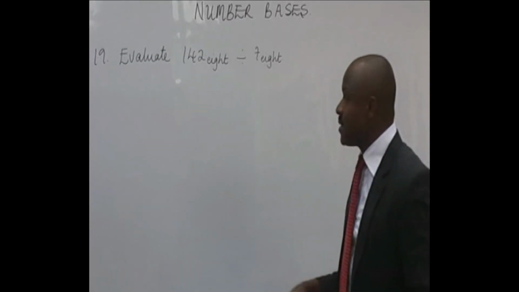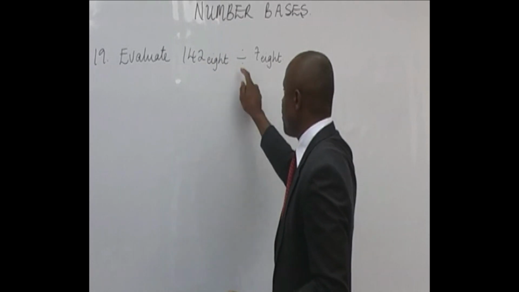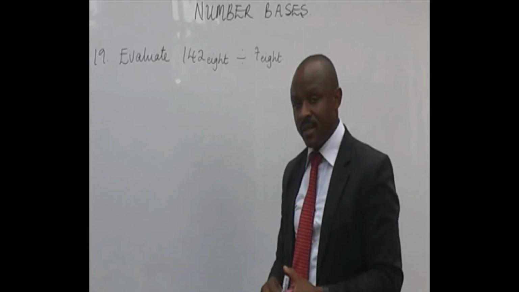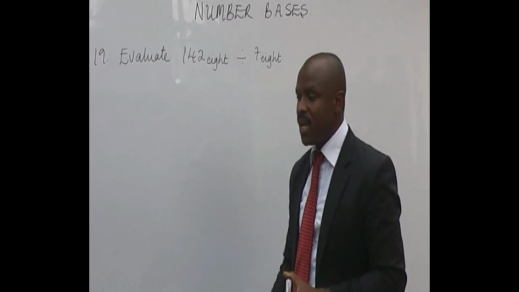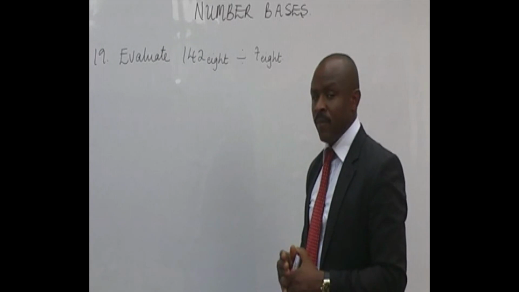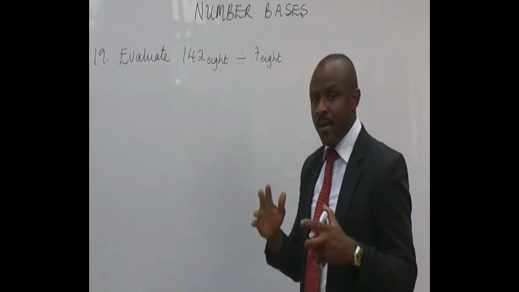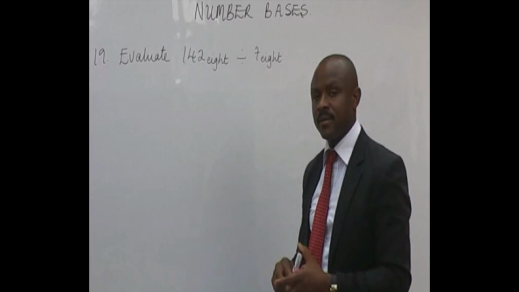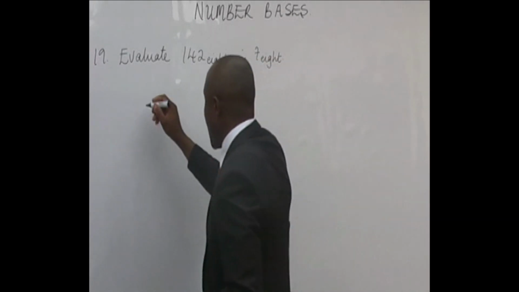What you have now says evaluate 142 base 8 divided by 7 base 8. If you are given this kind of thing, the easiest way to go about it is, first of all, convert the two numbers to base 10. After which, divide in base 10. When you get the final answer after dividing, convert it back to base 8. That is how it should be done. So as you have this now, we have